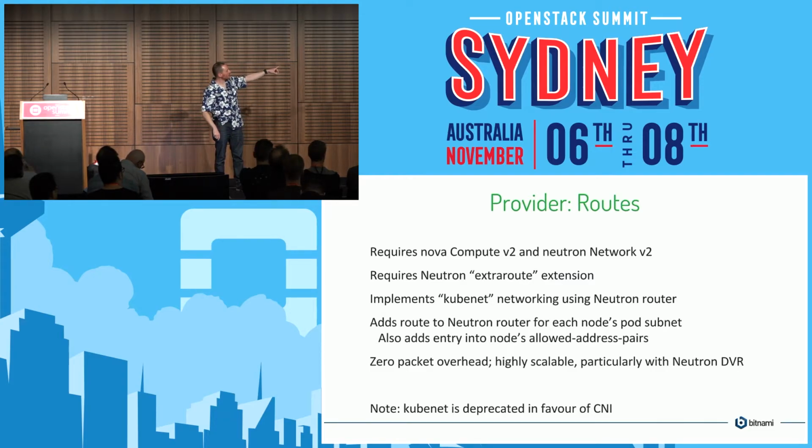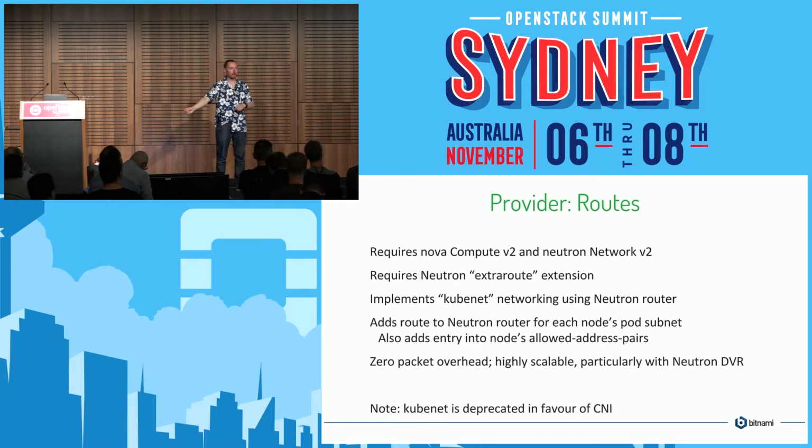So if you enable this feature, you just tell it which neutron router you have on your worker nodes. Sorry, your worker nodes are all in a neutron private subnet, private network. You tell it what the router is for that subnet. And then it will use the extra route extension to just configure routes in the routing table. So it'll say, hey, this pod subnet has to be routed via that host. This pod subnet has to be routed via that host. And so it sets up all these routes, and you basically get working Kubernetes networking with 0 overhead.